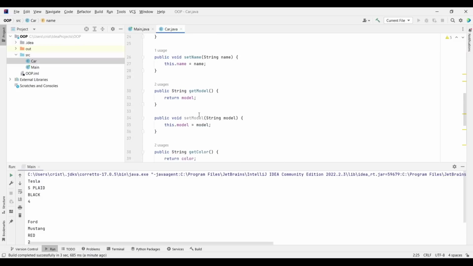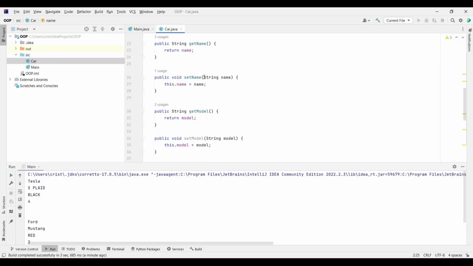With the setter, you pass the value. Let's say for the name, you pass a value as a parameter, as an argument, and then that value is set to the field.